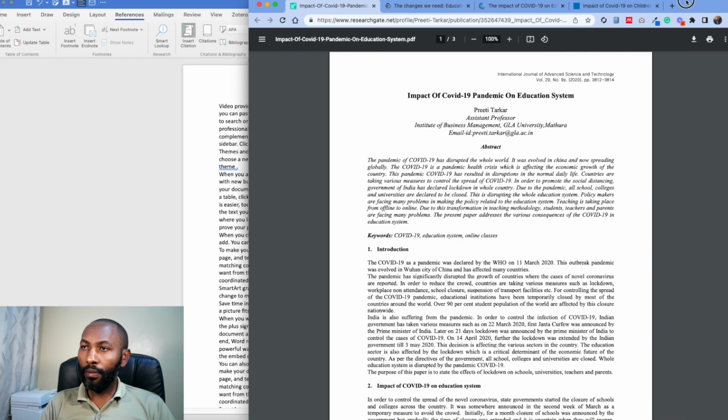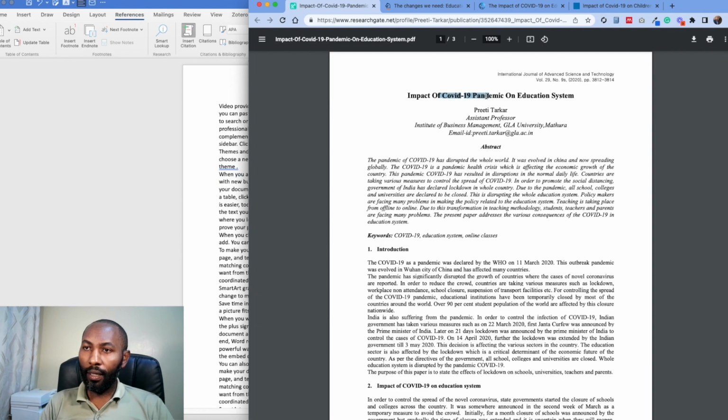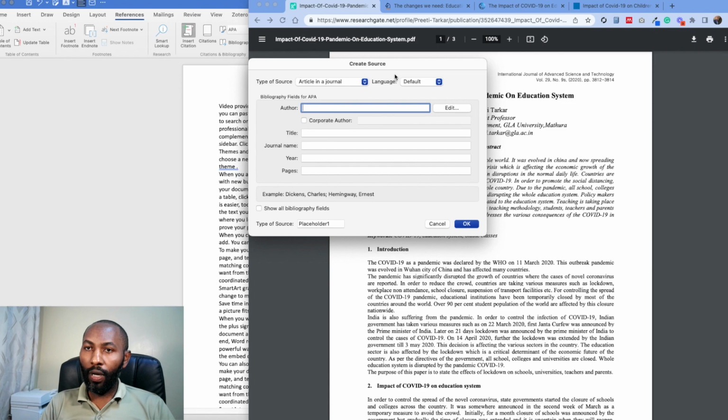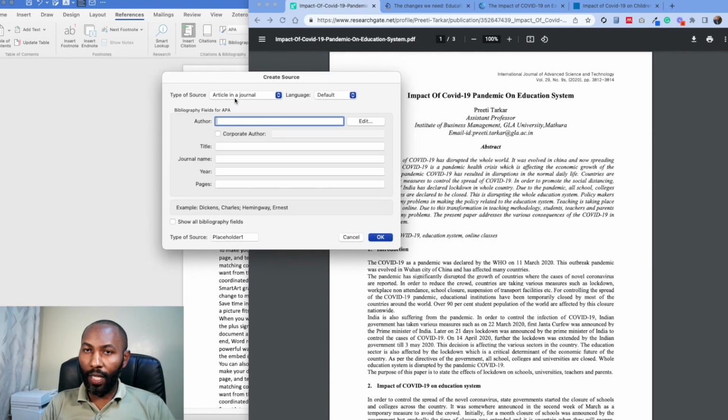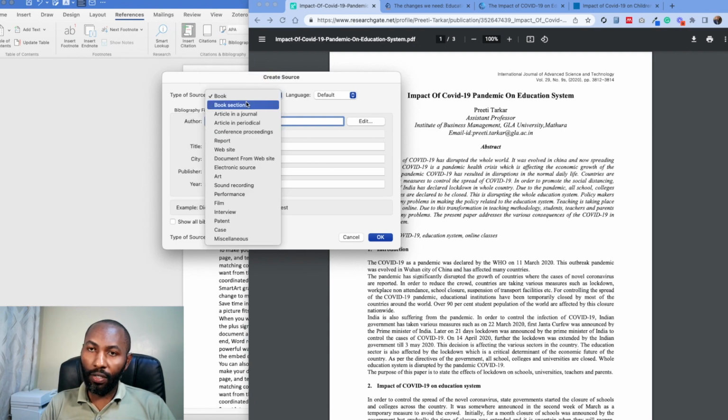citations. So I have prepared some sources here on COVID-19, and this is one of the references. Now, as you can see, this type of reference is called an article in a journal. If you come to the dialog box here, you'll see that the type of source here is article in a journal. You can change this: if you're using a book, select book. If you're using a book section, for example a chapter, you're going to select book section. If you're using a report, you're going to put report. If you're using a web page, you're going to put